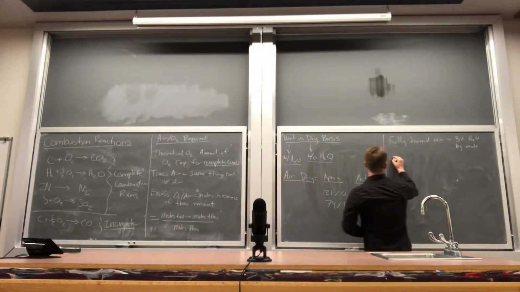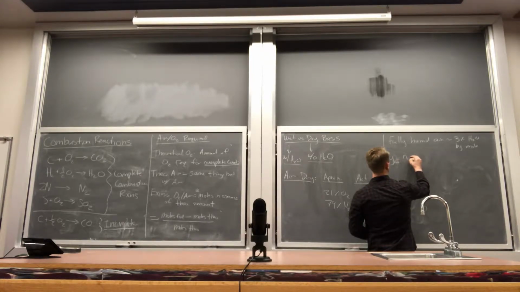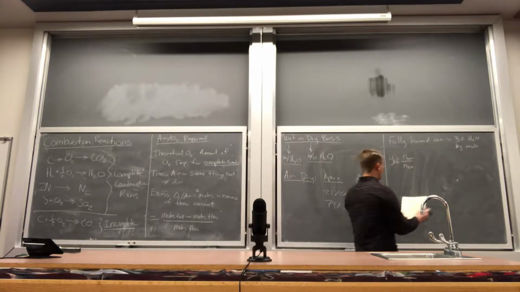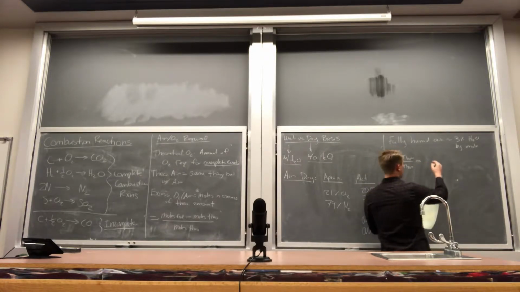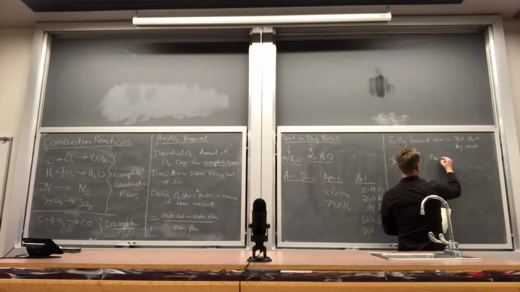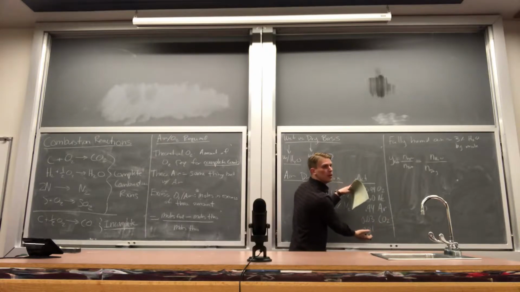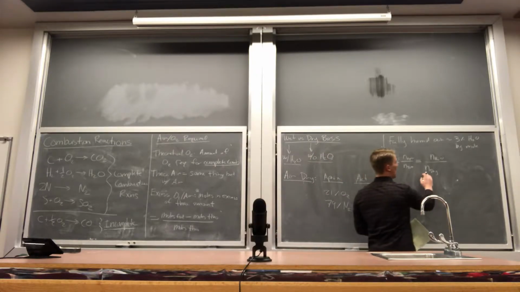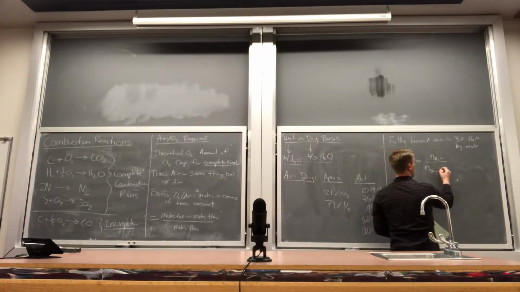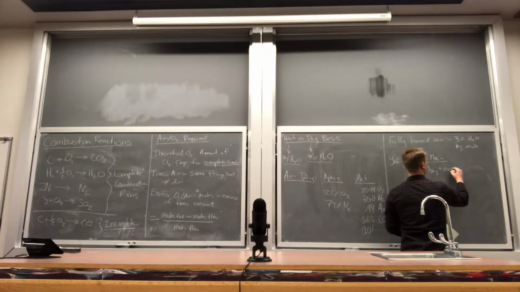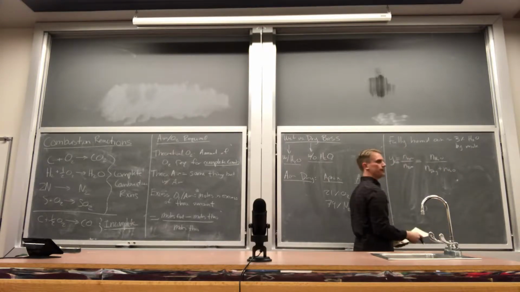So we know that the mole fraction Y is equal to the number of moles, in this case if this is water, the number of moles of water divided by the total number of moles. So here we use the nomenclature N_H2O divided by N of dry, plus N_H2O. These are all the dry gases, so this is everything here.